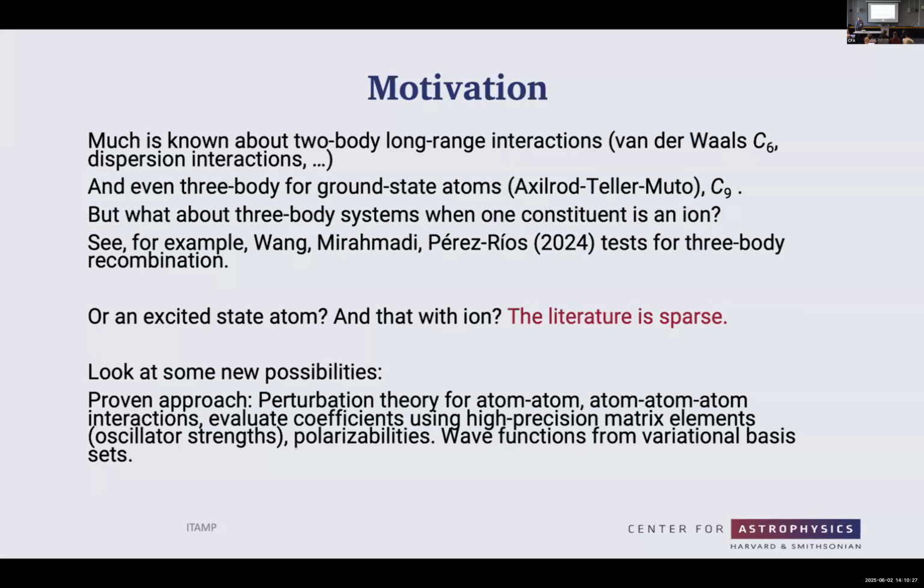We don't use that in our approach. It's equivalent, but we sum over oscillator strengths using a variational wave function. So it's an equivalent method. But in any case, we're going to use these wave functions from variational basis sets and